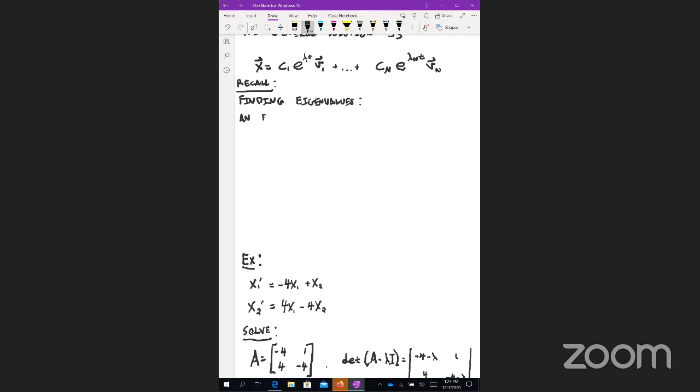An eigenvector v of a matrix, I'm just going to go with matrix, of course also a linear transform, A, with eigenvalue lambda,